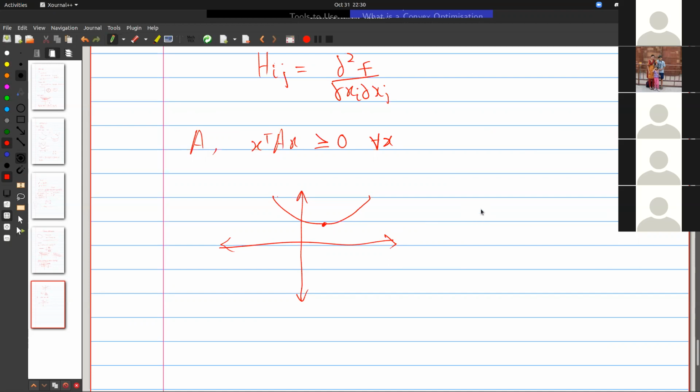So that is the importance of convex functions. And note that it's not necessary for a convex function to have a unique minima, because this is convex, as in this is a line, say. So all these points here are local optima, and they are also the global optima. So a single solution for a convex function is not necessary, but any local solution is a global solution.